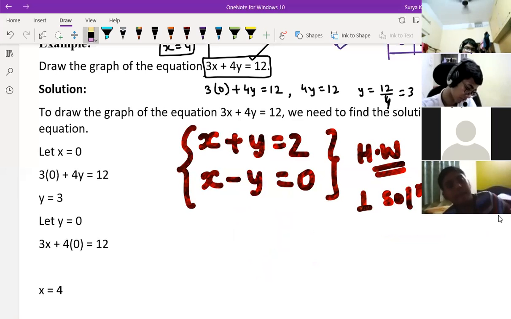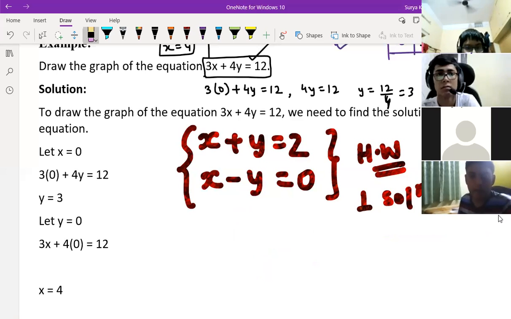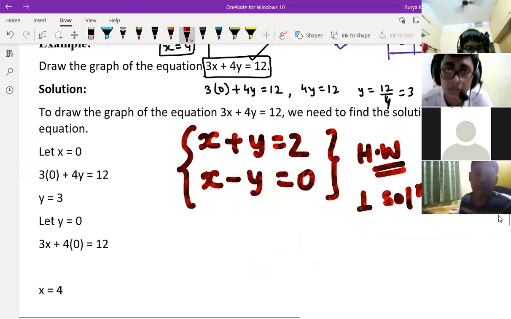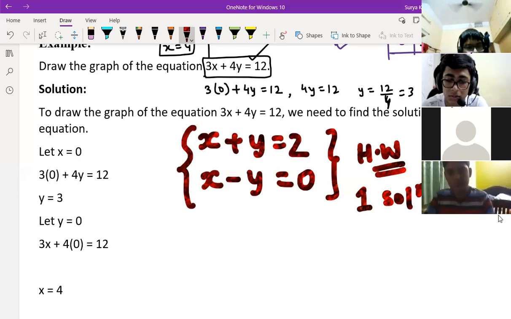Yeah, but some equations are there. If I give, you can do this without a graph also, right? Normally, without a graph also you can solve. Is that a perpendicular symbol? No, one solution I've written. Can we do it like x plus y is equal to 2 plus x minus y is equal to 0? Then 2x is equal to 2, and x is equal to 2 by 2, which is 1.